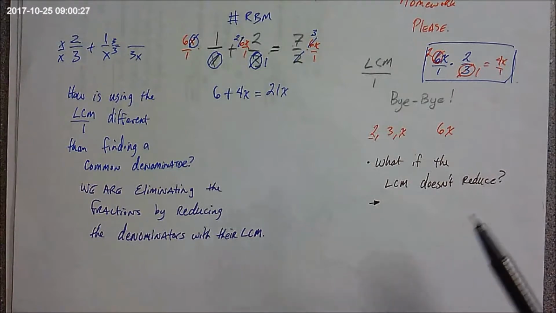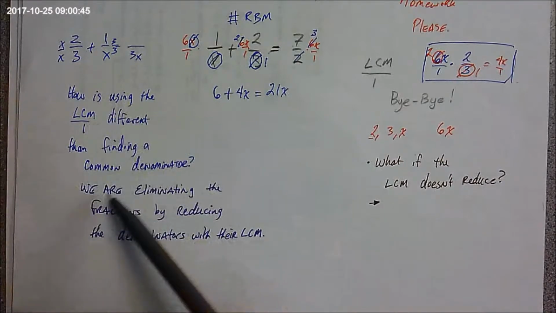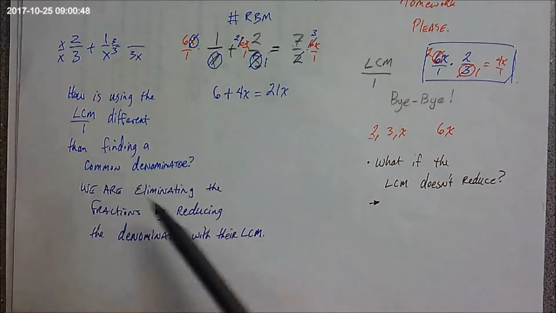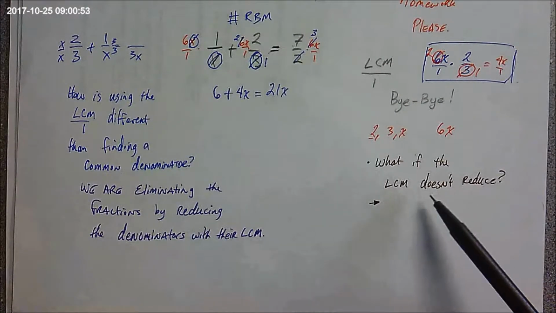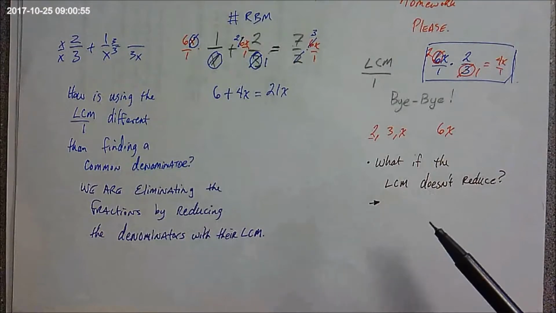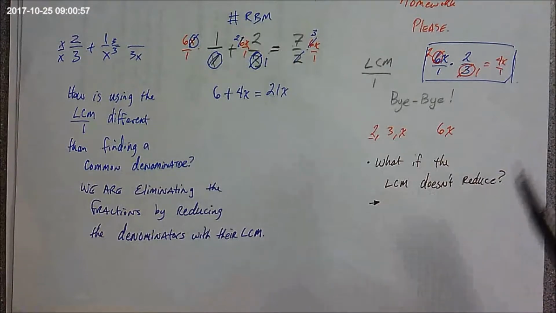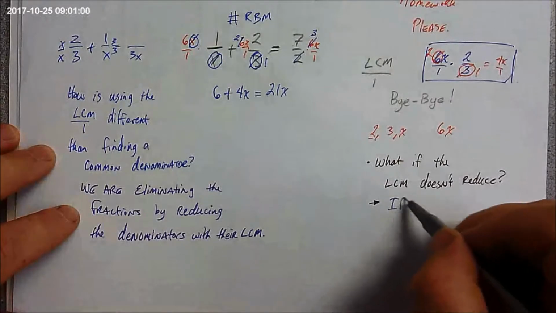No, that's not it, right? Wait, what did he say? I want to make sure I heard him right. Oh, you just go with it. Yeah, that's what you could do, but there's something fundamentally not working out right. Our whole purpose of multiplying the LCM over 1 is that we're making the denominators go away. So if it doesn't reduce, then what you're trying isn't working. Right? So we'll write that down. If it doesn't reduce,